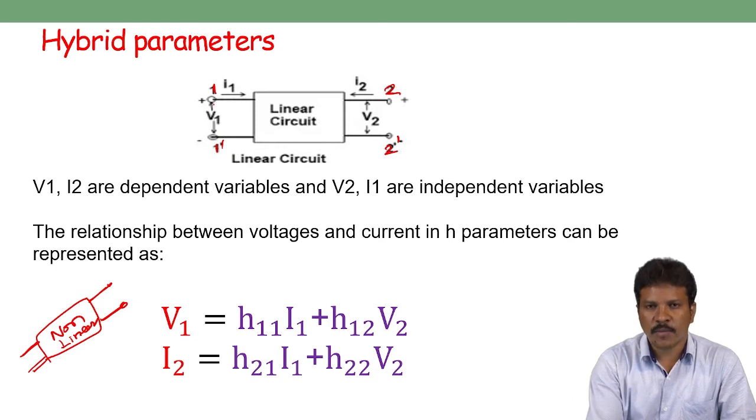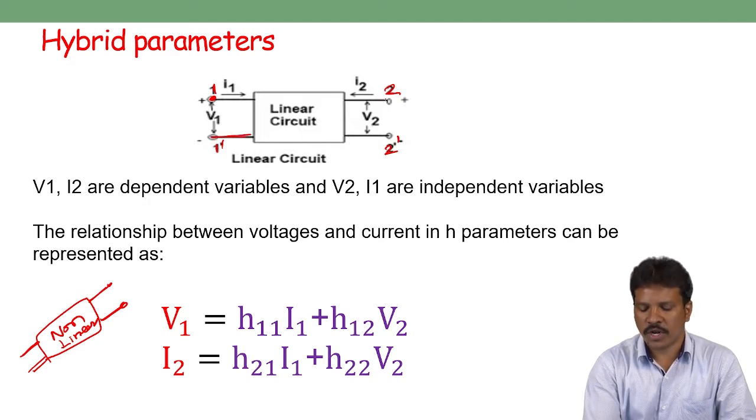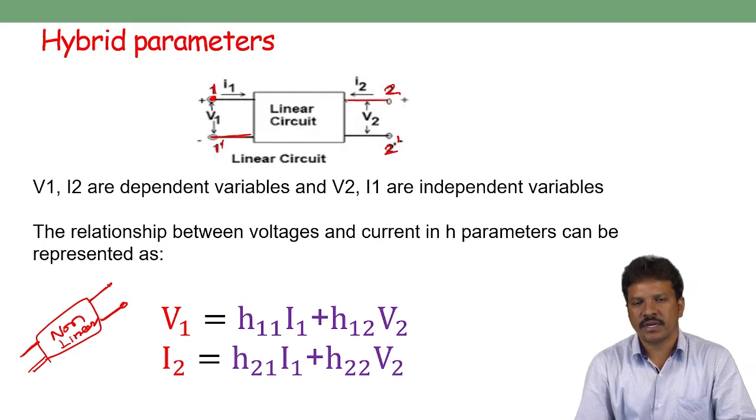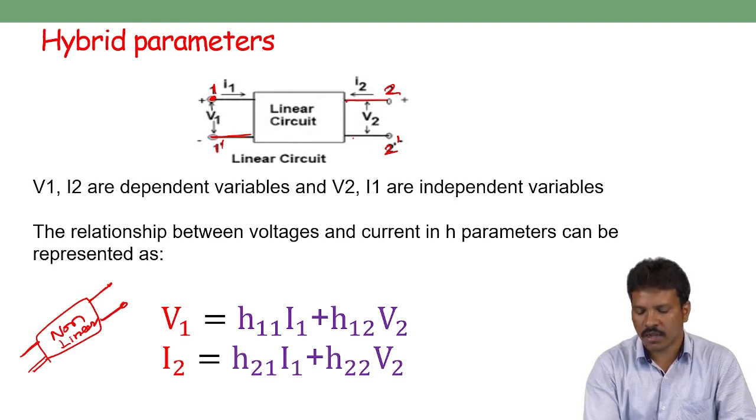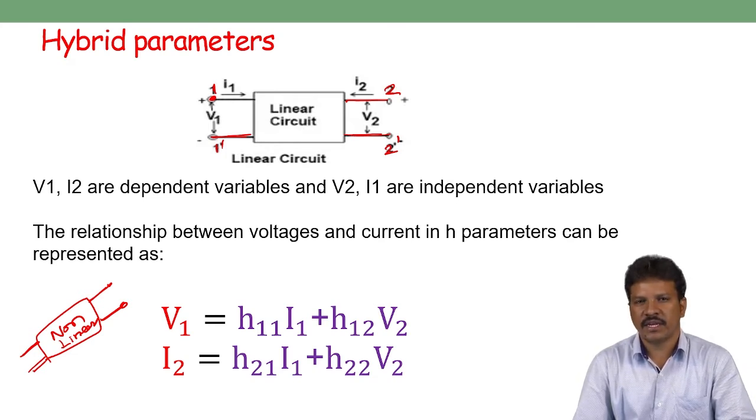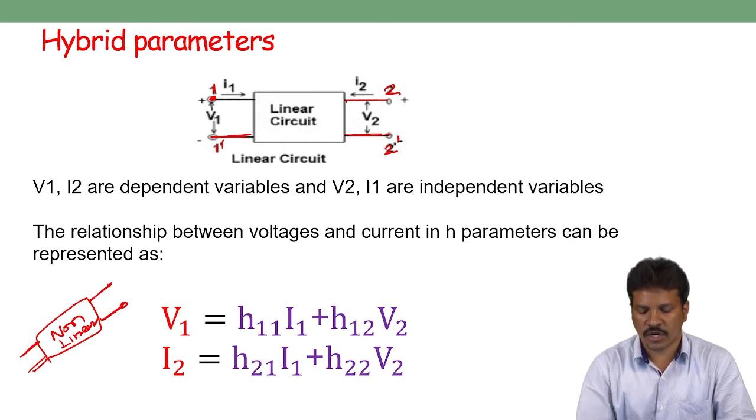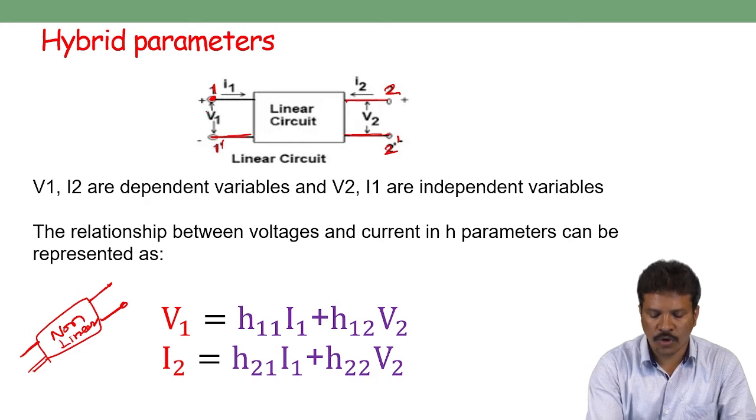The input terminal is treated as one terminal with respect to the common terminal, and the output terminal is at the output side with respect to the common terminal, so that we can connect a three-terminal device in a two-port network model. There are four important parameters in the two-port network model: input voltage, input current,